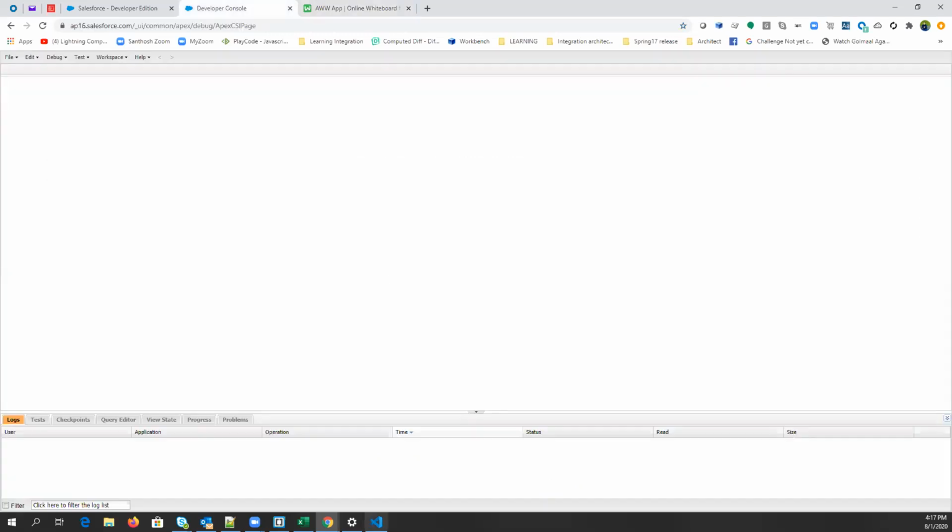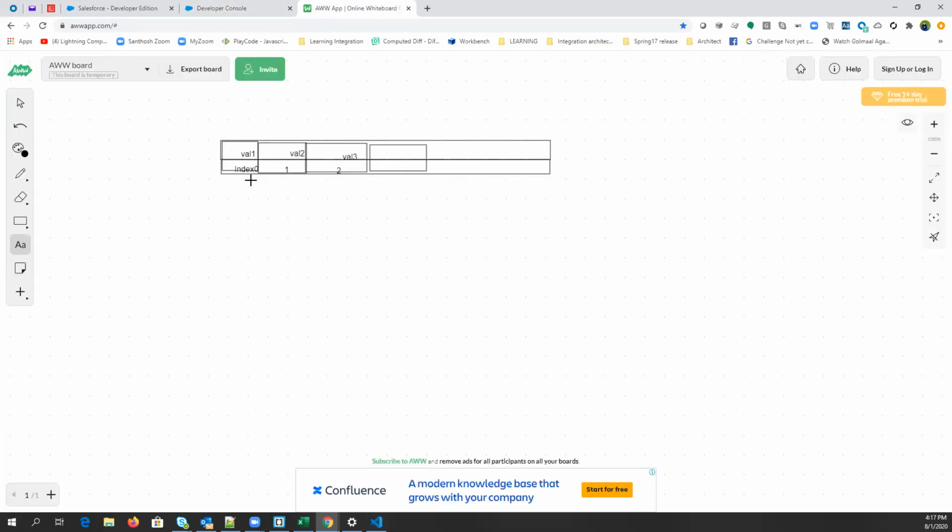In the same way, here you can see val 1 is inserted first, and the second time we have inserted val 2, val 3. If you retrieve the values from this collection, they will be retrieved in the same order that we have inserted them. In index 0 you will get val 1, val 2 will be in index 1. This is called an ordered type of collection, based on indexes. Is it clear? Yes.